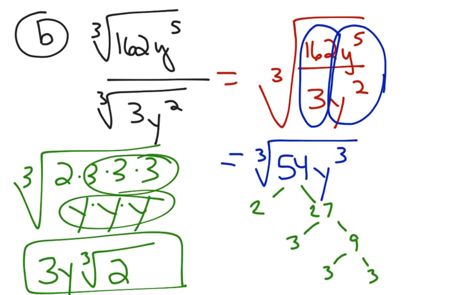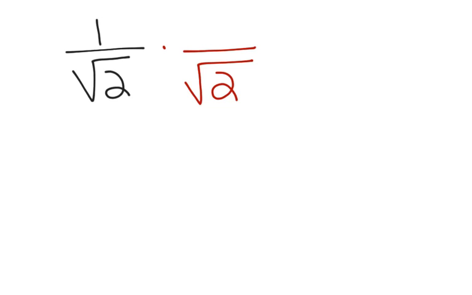Now, we don't like to leave radicals in denominators. These previous two problems we did, the radical went away. But sometimes it doesn't. I'm going to start you off with a simplistic problem, like 1 divided by the square root of 2. Well, to get rid of the square root of 2 that's in the denominator, it would be nice if the number under the radical was a perfect square. Well, the closest perfect square to 2 is 4. So maybe if I multiplied this by another square root of 2, I could get rid of the square root